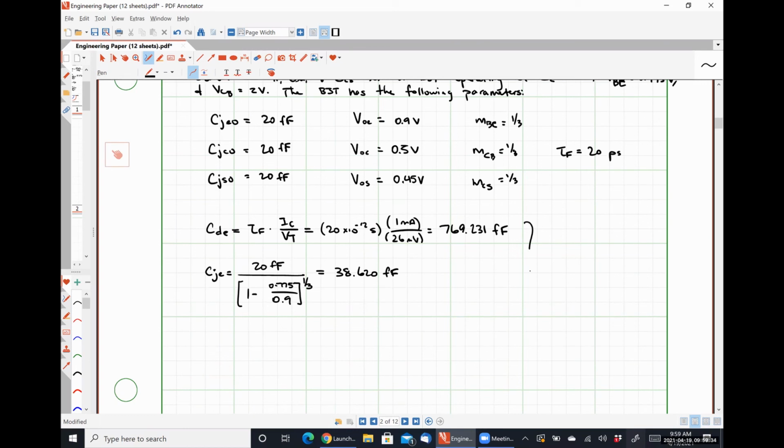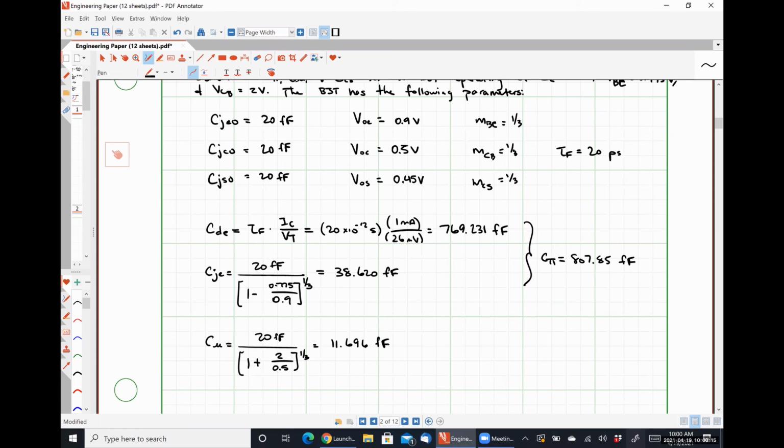And if we combine these guys, then we have C pi is 807.85 femtofarads. Our capacitance C mu is 20 femtofarads over 1 plus 2 over 0.5 volts to the 1/3 power, which is equal to 11.696